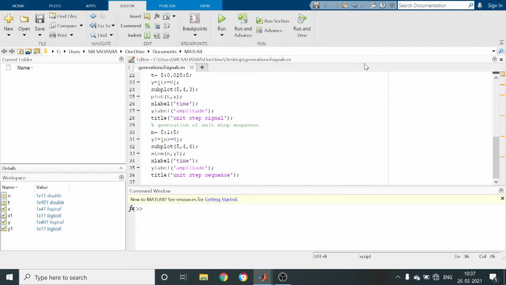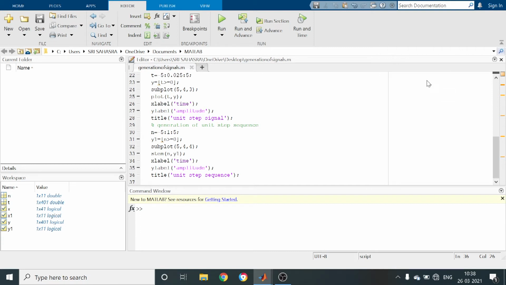X-axis is time, y-axis is amplitude. We wrote the program, the time axis from -5 to 5 with variation 1. So that's why here -5, -4, -3, -2, -1, 0, 1, 2, 3, 4, 5. So when the time is less than 0, all sample values became 0 by the definition of unit step sequence. From 0 to 5, the sample amplitudes are 1.